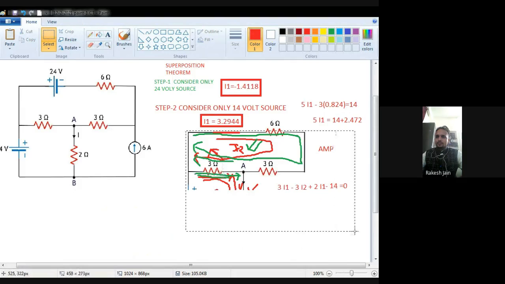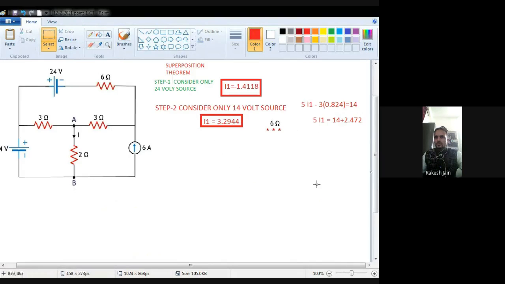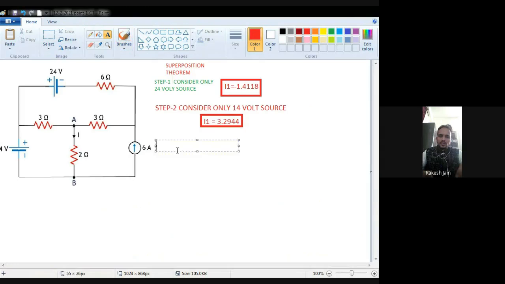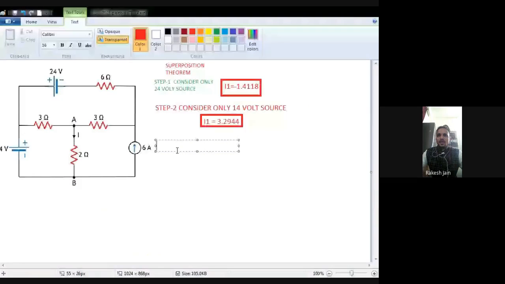Now we just multiply the first equation by 3. Now see the second equation. What is the second equation? Just multiply that equation by 5, that is minus 15 I1, plus 12 multiplied by 5, that is 60 I2, and that is equal to 5 multiplied by 0, that will be 0.